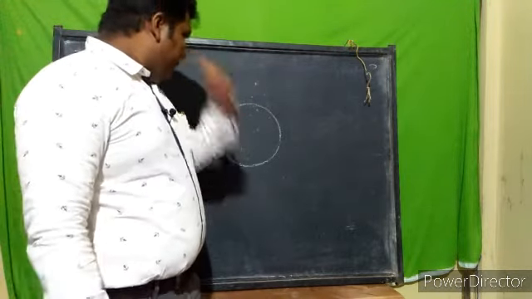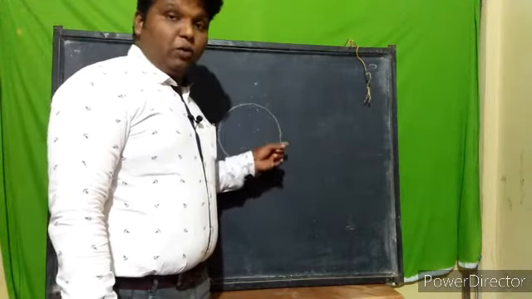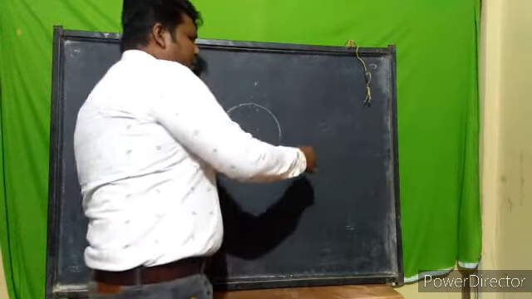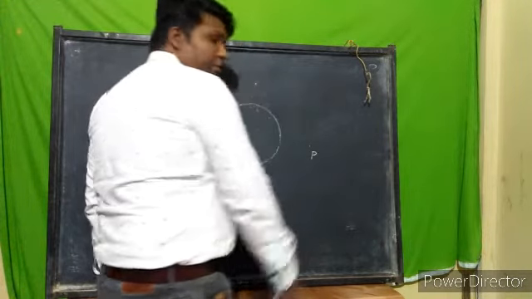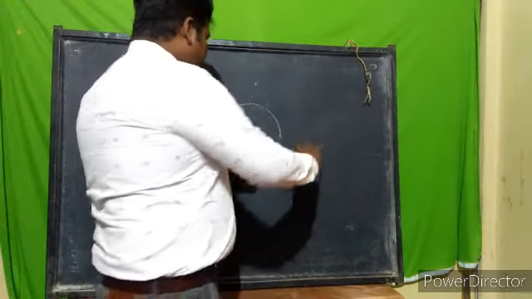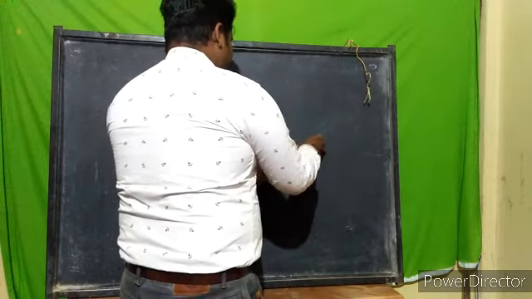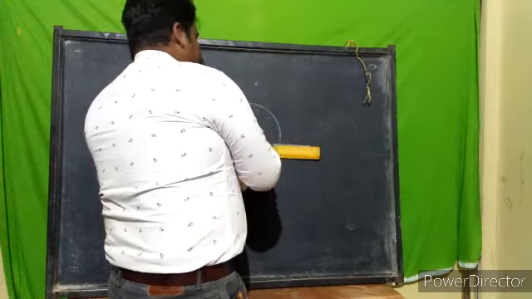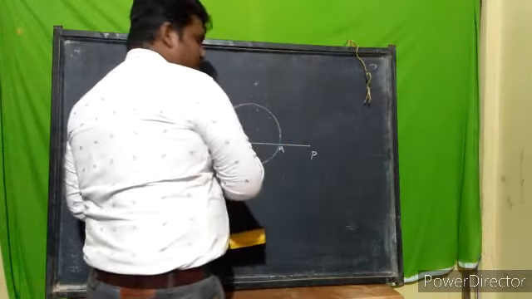Now from this one, if it is given that you have to draw a tangent from an exterior point of a circle without using the center, simply take a point P on the exterior part. I am taking here P on the exterior part. बहुत दूर में मत लेना, ये तो काफी है. From here, join this with the circle. Join this point so that the line will cut exactly at 2 places. Say it as A and the next point as B.